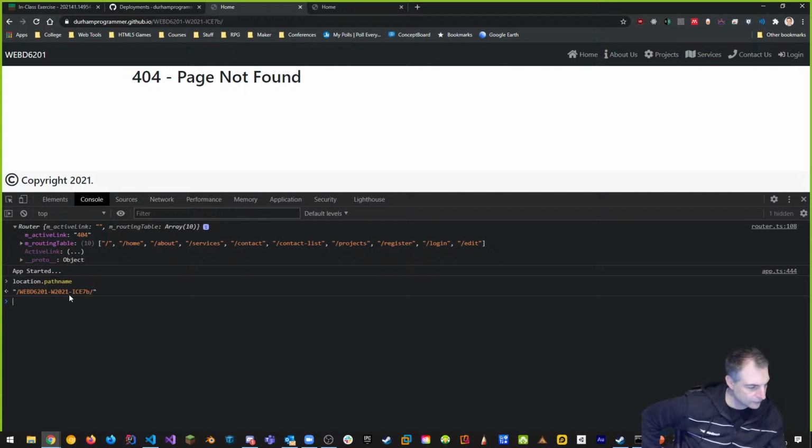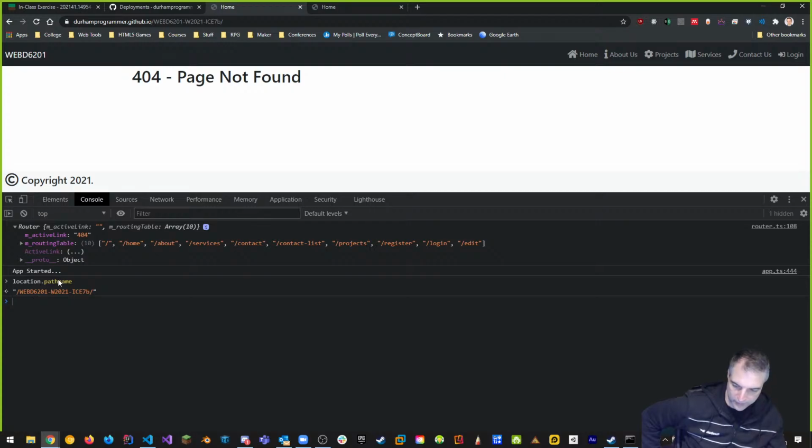What the heck? Why is it like this? Well, you see, when we were doing this stuff, these are our routes, a routing table. But this location.pathname is everything, including the path. So that's something to note. So that's why it's skipping out. It's saying it's a 404 because this is not correct.